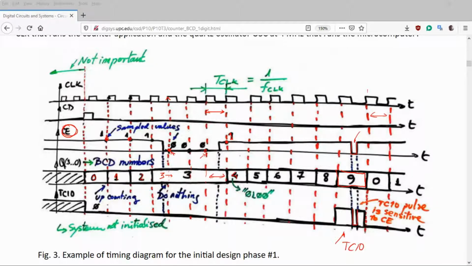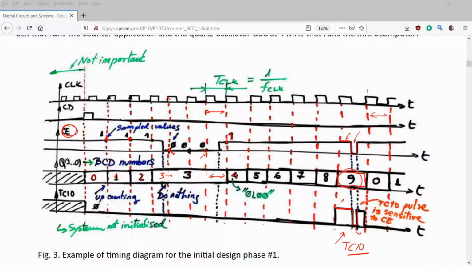Okay, so the terminal count happens to be 1 only when there is the last state in the count, and count enable happens to be 1 the same. Only in this case you have TC10 high. In other circumstances you have the TC10 that goes down this way. All right,